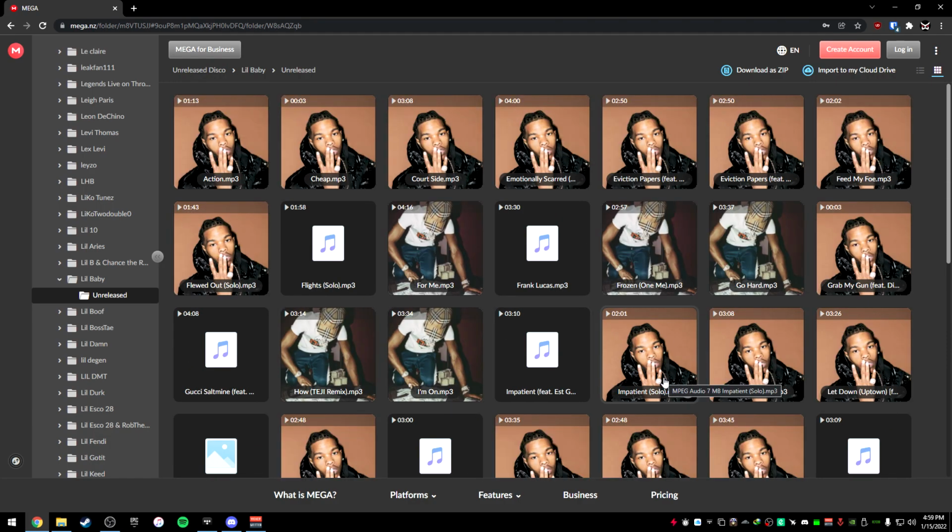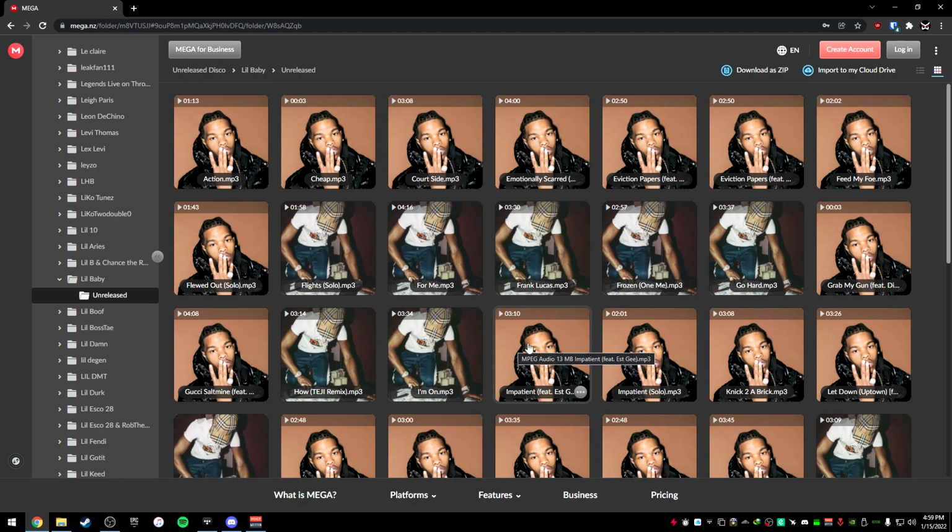Now, the good part about this one is if you download one of these songs, for instance if I downloaded this song, I could add it to my Apple Music or my Spotify local files or whatever. And it would automatically have an album cover for you. It would have the song set up perfectly for you once you add it to your actual Spotify, so you don't have to do all that editing. You just download it, import it to a folder, add the local files section to your Spotify, and you're good